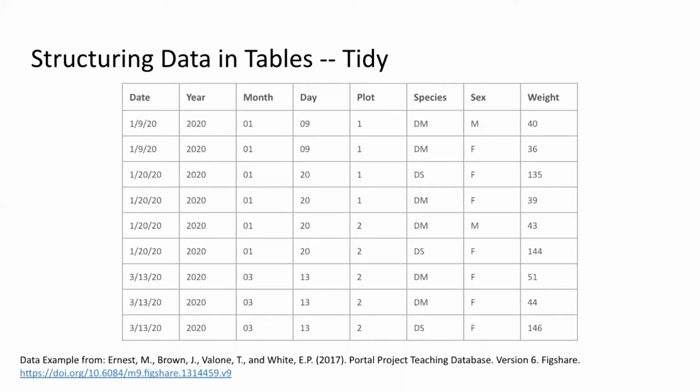So here is that transformed data set. We see that we have combined all the information captured in those two previous data tables into one. Here we have broken the date into nice year, month, day columns. We have taken the plot numbers, which had been column headers, and created a new variable for the plot location. And the species and sex variables have been broken up. And the result is a pretty tidy data set.